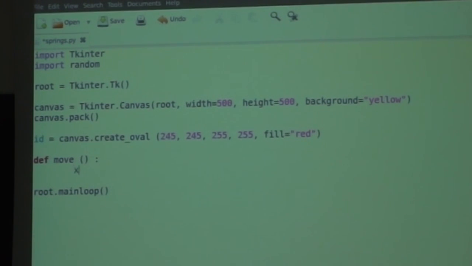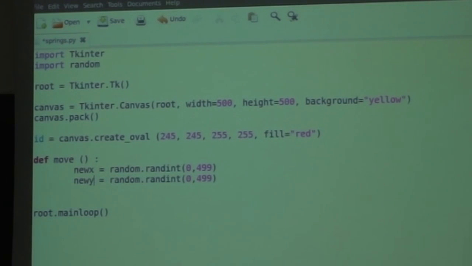And then, for example, let's say new x position will be random.randint from 0 to 499, which is bounding the limit of our visible canvas. Same for the new y coordinate,